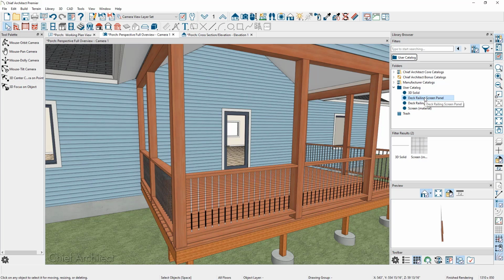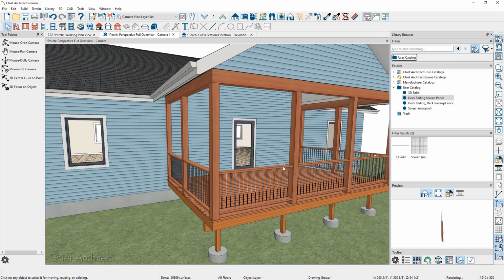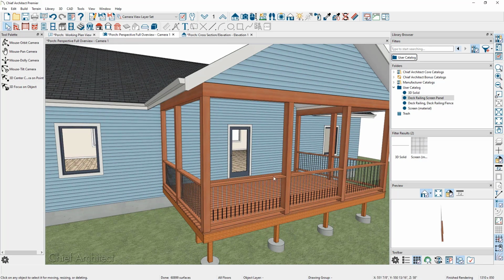So what we need to do is open up this deck railing specification, remove the top rail, remove the bottom rail, and then tell the program that instead of using balusters, we're going to be using panels. So in the 3D view, I am going to press spacebar, select all three of our railings, open up their specification,